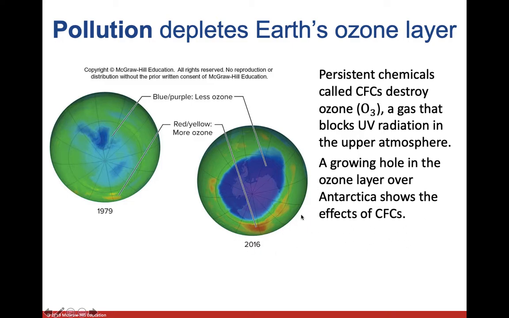So since then, the hole has stayed quite large, but it does shrink from time to time, and it's gotten a little smaller overall, but it's still way bigger than what it used to be before these CFCs were significantly put into use. Now, it took years to show the effects of this, even though CFCs were banned in the 70s or 80s. They knew what they did once they started to see this hole show up. It took years to see that biomagnification concept from earlier, of things building up in the environment. It took years to see the effect of what could happen with all those CFCs.